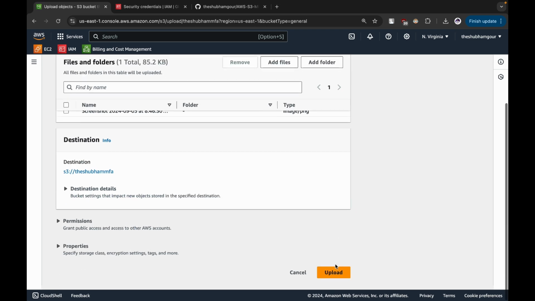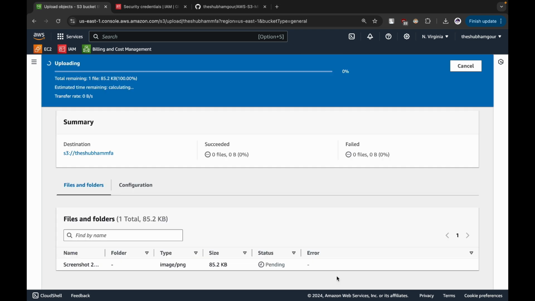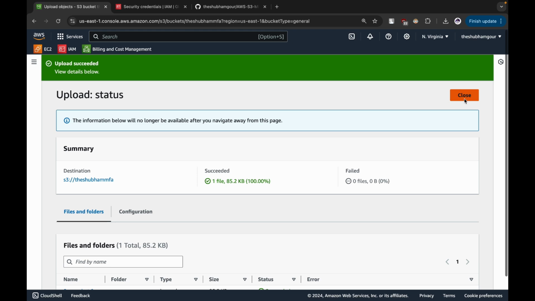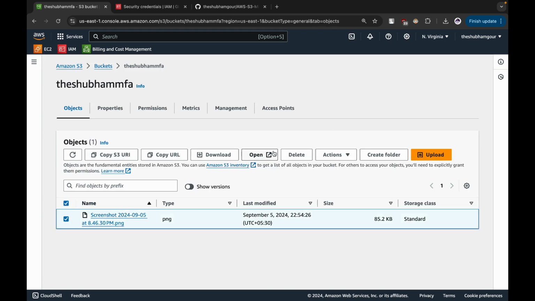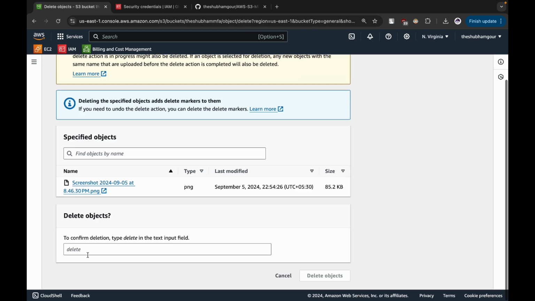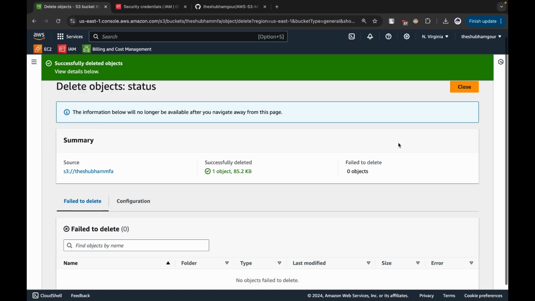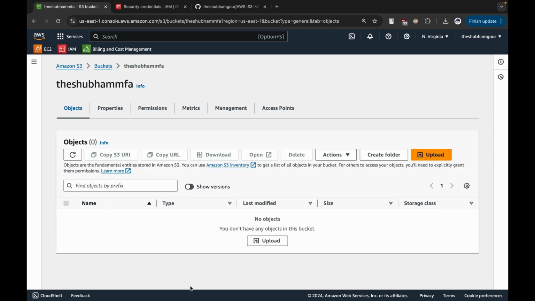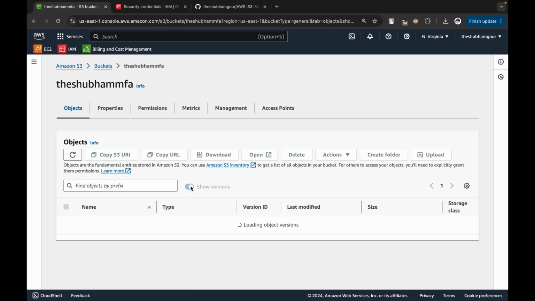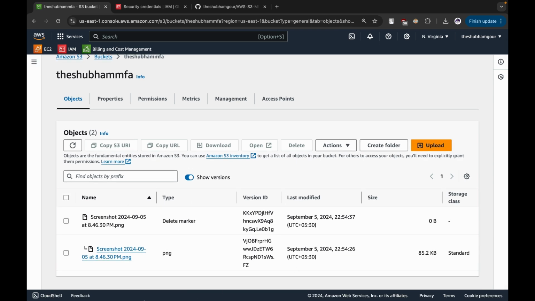Okay. I'm uploading this screenshot. Done. Okay. Close. And let me just delete it. Okay. Cool. Now you can see there is no object present, but if you still remember, we enabled versioning for it. We have all the snapshots, as in backups, which will be present. So I just enable the versioning and you can see the snapshot is currently present,